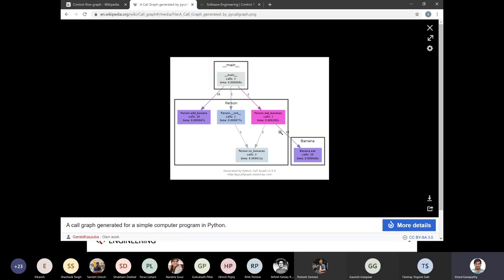We are not going to be concerned with the numbers over here, but the point is that main can call add banana 10 times. Okay, but there'll still be only one edge from main to add banana. Main can call eat bananas just once, and so there'll still be only one edge. The important thing to remember here is that the call to eat bananas can actually happen conditionally. There can be an if then else statement inside main, and you can call eat bananas conditionally. Doesn't matter. You will still be drawing an edge from main to eat bananas, because that shows you that potentially you can call this function called eat bananas from this function called main. Okay, so that's the important thing to remember